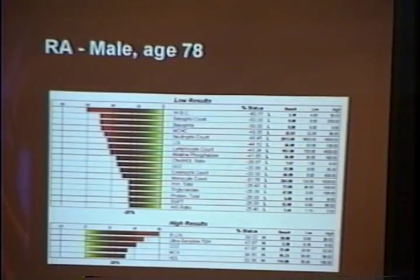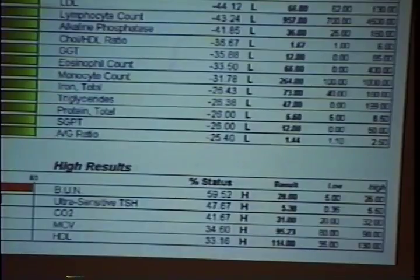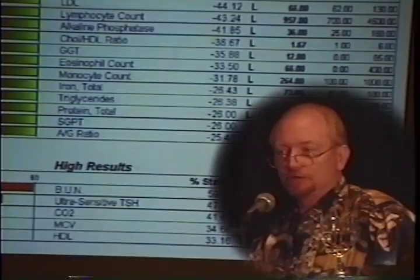Now, just to point out, this is just an item that you might not know about. Here we have a result of 5.38 for TSH, and the range being 0.35 to 5.5. Most laboratories still use that reference range. Some of them may use it down to maybe 5.0. Within the last several years, there have been a number of studies. In 1997, there was a study called the Colorado Thyroid Disease Prevalence Study. And in that study, they determined that there were some estimated 13 million undiagnosed hypothyroid cases in the United States, which makes hypothyroidism and thyroid disorder